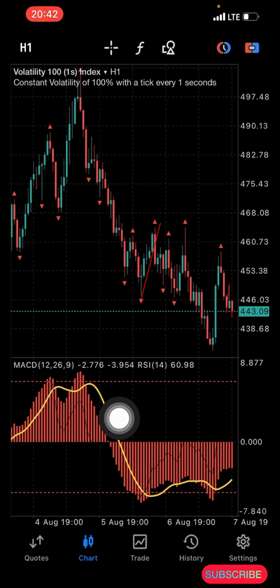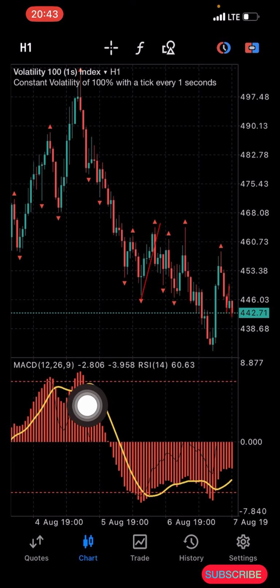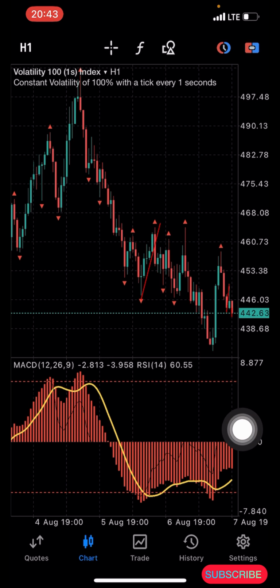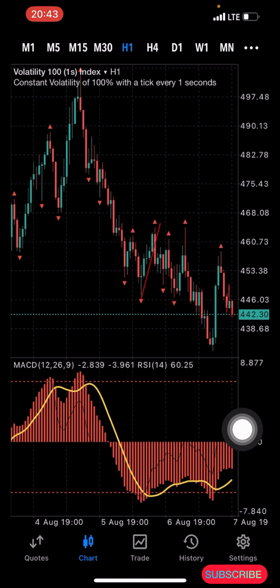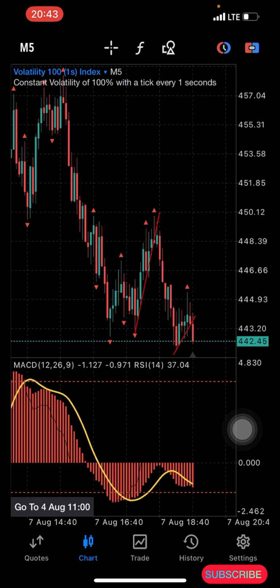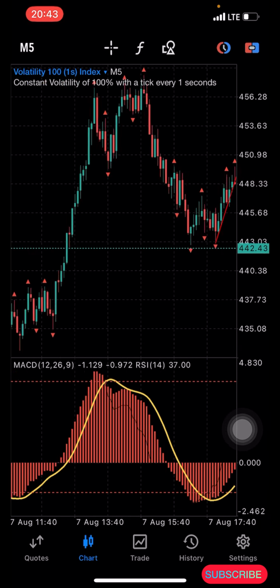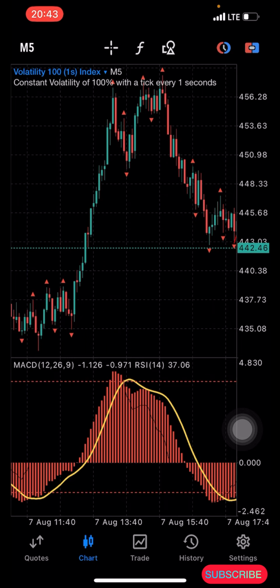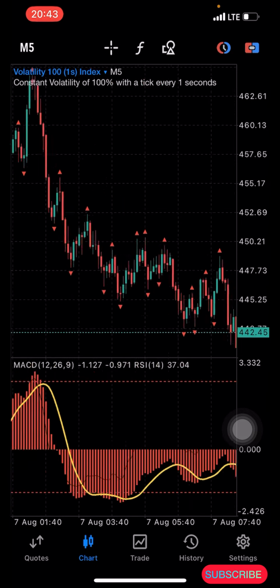Now the indicator is showing you that the trend has changed. You can see the way the crossing happened here. This yellow line crossed below this zero level here, and you can see this MACD line here also start facing down. So once you notice this from the 1 hour time frame, what you are going to do is go down to the 5-minute time frame, and once you are in the 5-minute time frame, what you are going to be looking for only is going to be a